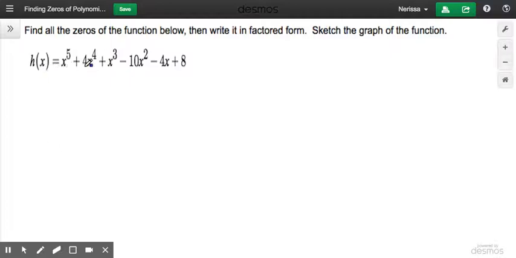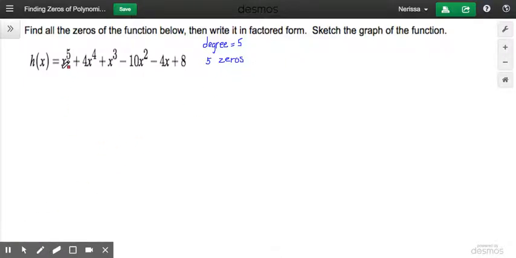Let's find all the zeros of h of x. The highest exponent of h of x is 5. This is the degree of h of x. So since the degree is 5, it means that there are 5 zeros. And